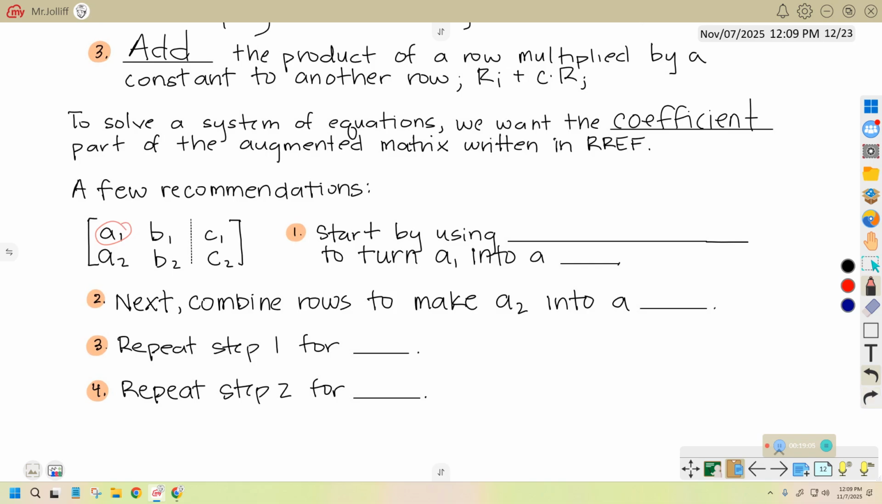So I start here and I loop around this way. So I start by fixing that very first entry and making it a 1. And then I move down and make it a 0. I move over and make it a 1. I move up and make it a 0. There's a loop. So the first thing I'm going to do is I'm going to use multiplication or division